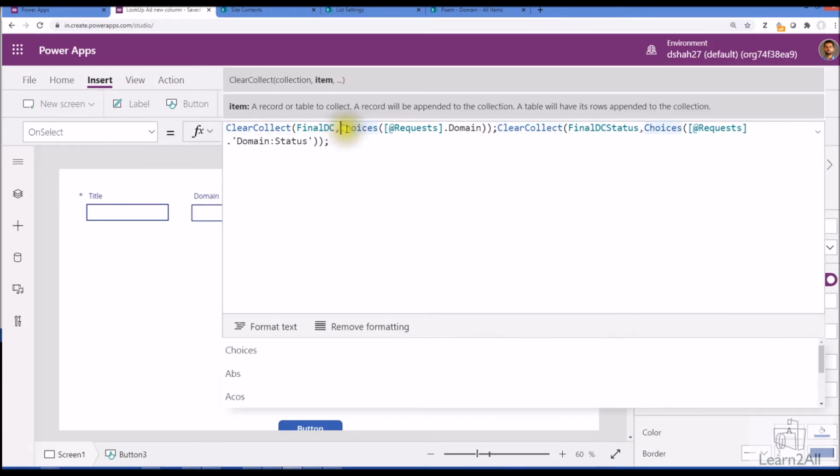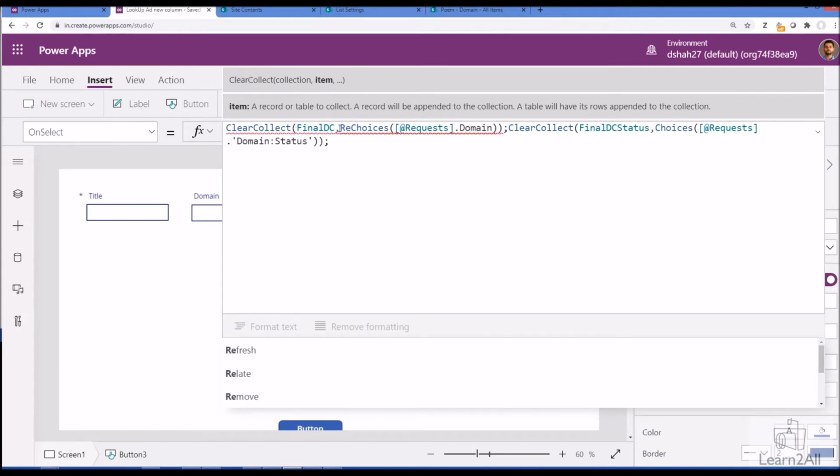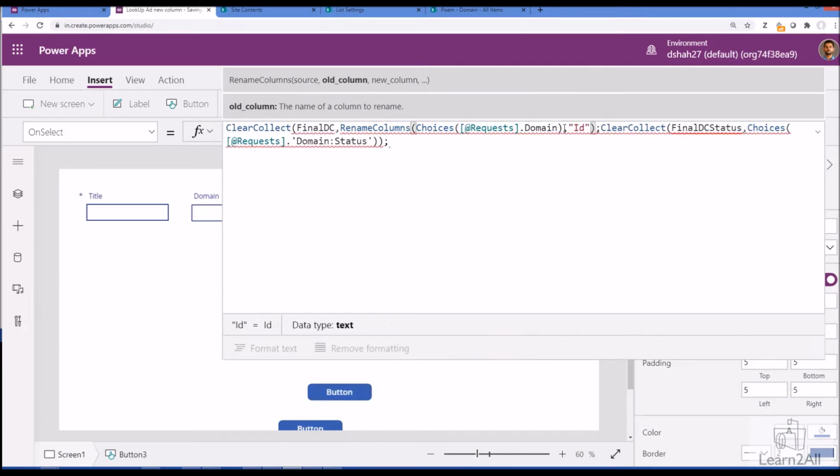But before that, we just need to remove these values, because you can see here the ID column is available in both collections. For comparing, the same column name should not be there. So what I'm doing here is renaming ID as MID over here, so that it is easier for us in the next comparison, right? So let me use RenameColumns, and in RenameColumns we just need to convert our ID to MID, right?